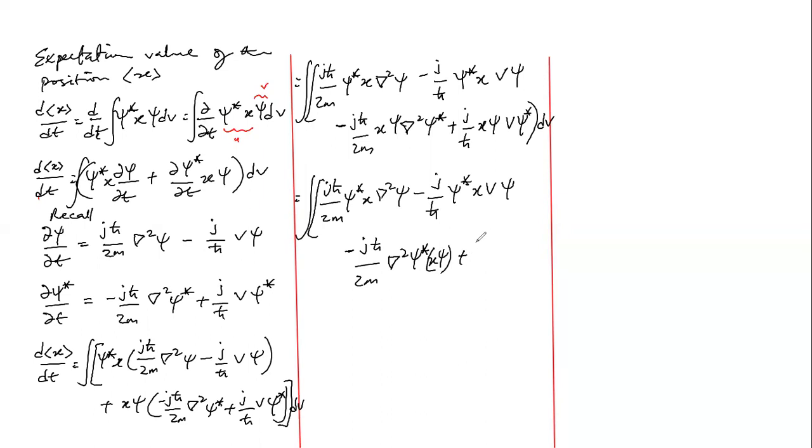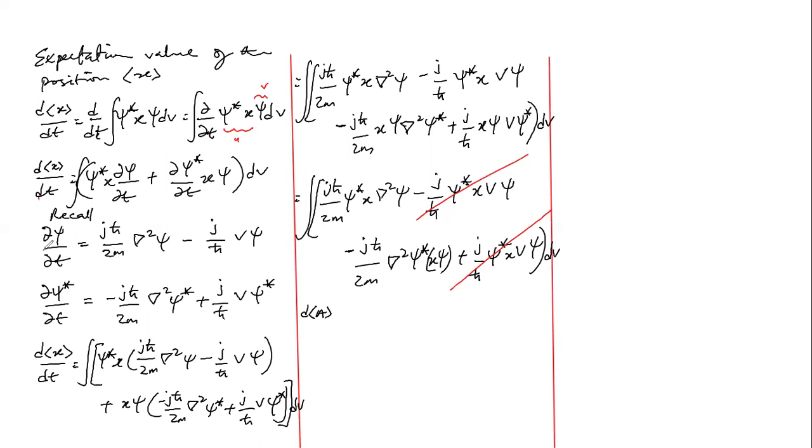I'll explain why shortly. Then plus j over h cross psi conjugate S psi dV. So here we observe that this would truncate this. Okay, let's change the color. This would truncate this, and then we are going to have, that's minus plus, right? So we're going to have